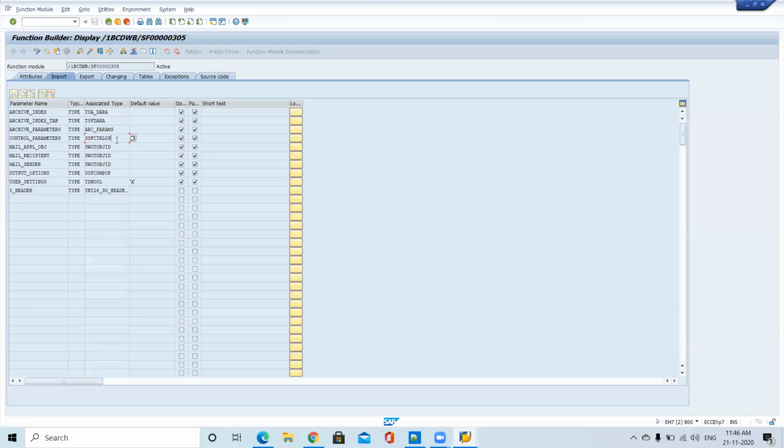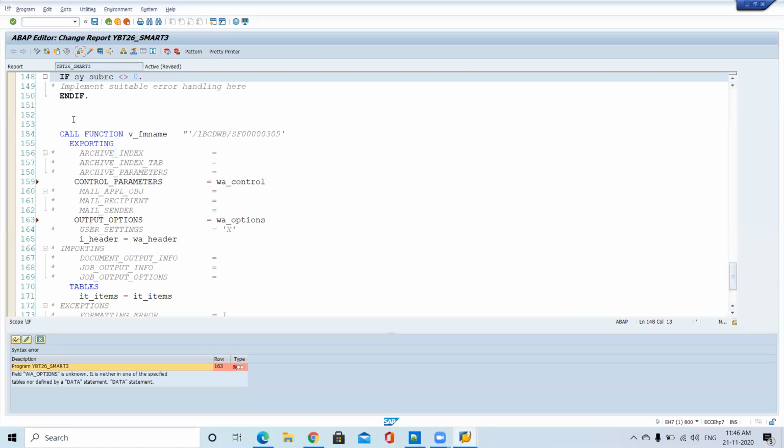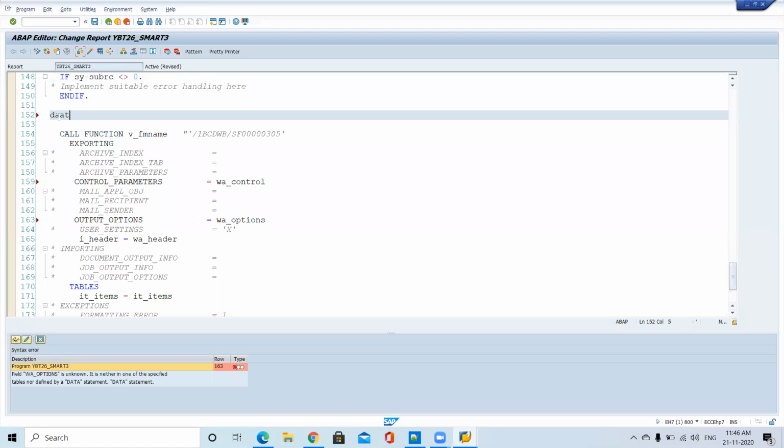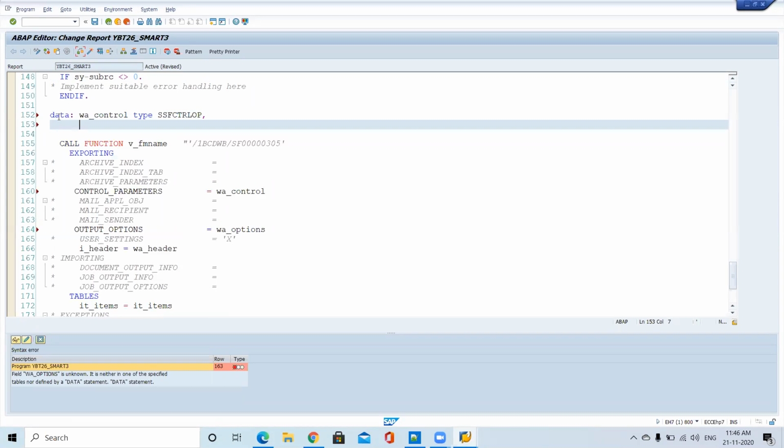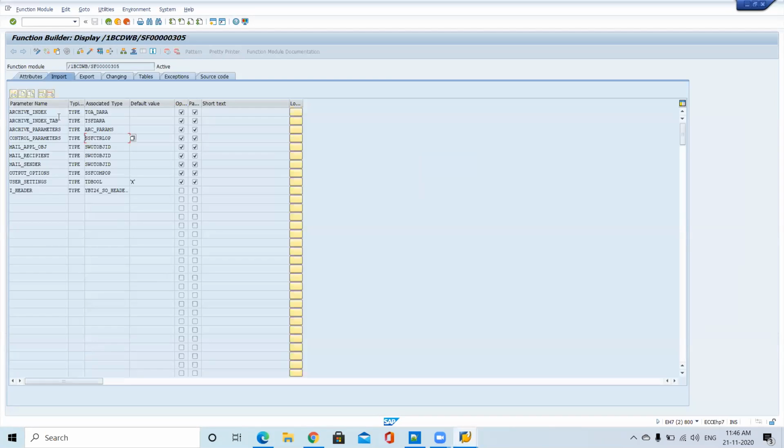The declaration should be like this: control parameters data. Then the output options.